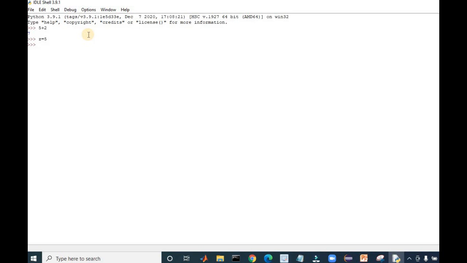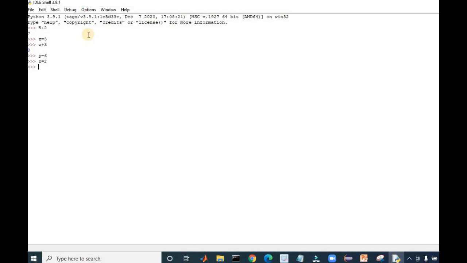Now let us see how this works. If you take z plus 3 and observe, it is giving the output as 5 plus 3, which is equal to 8. Why are these called variables? Because they can change their values. If you consider another variable, say y, and we assign it a value equal to 6, the value is successfully assigned. Now if you consider assigning a new value to the variable z, say we assign it as 2,